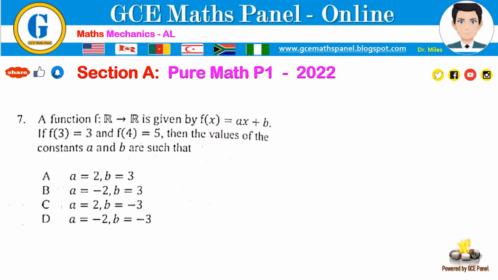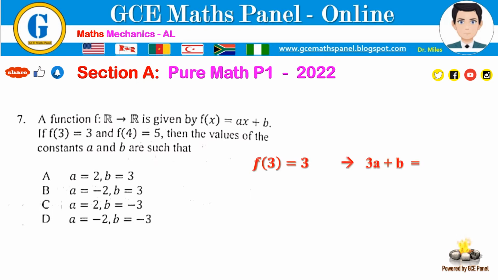Question 7 reads: a function f such that R is mapped onto R is given by, that's on the set of real numbers, right? It's given by f of x equals ax plus b. If f of 3 equals 3 and f of 4 equals 5, then the values of the constants a and b are such that. So here we just have to form a pair of equations and we solve for a